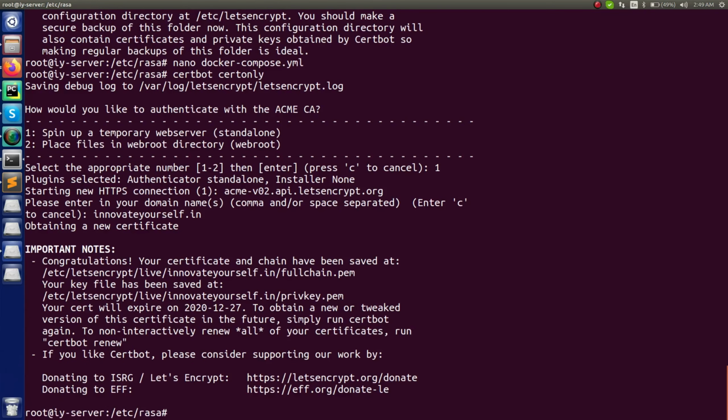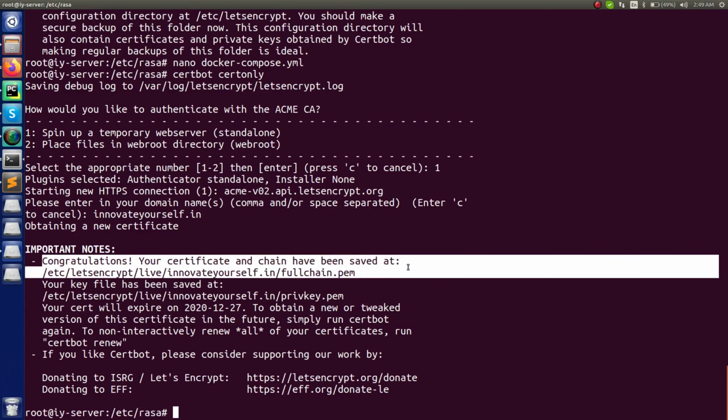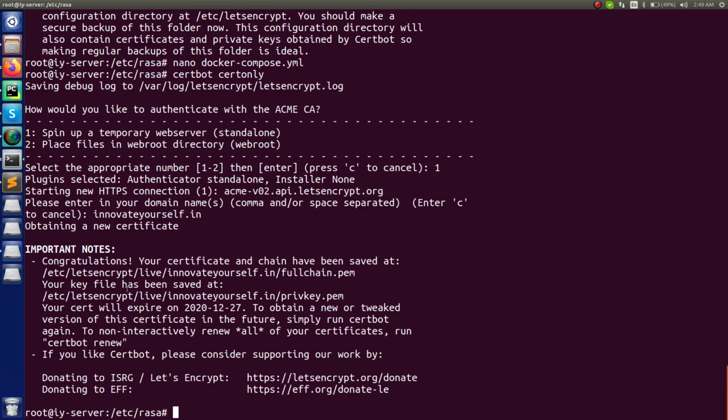So this time you will see that it is saying congratulations, your certificate and chain has been saved at this location, and this means that your SSL certification is ready to use.